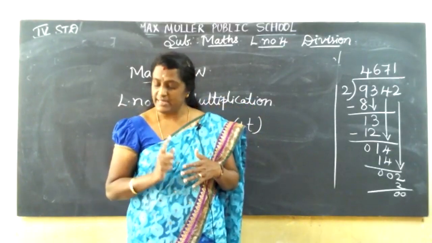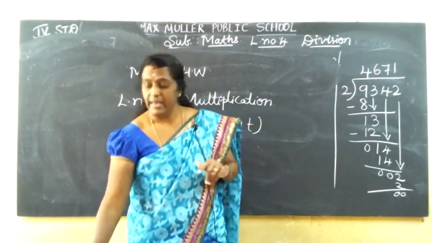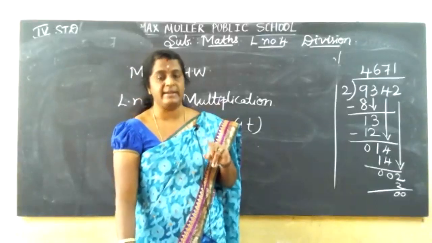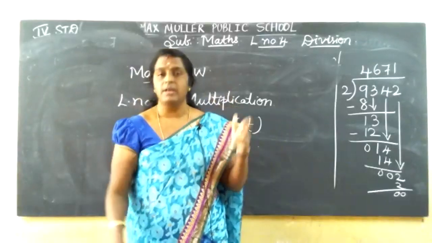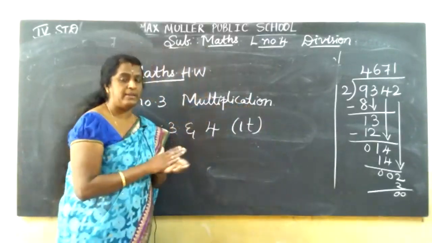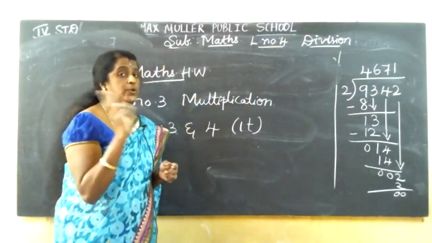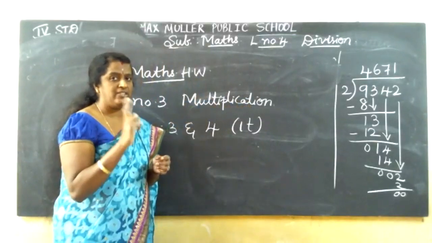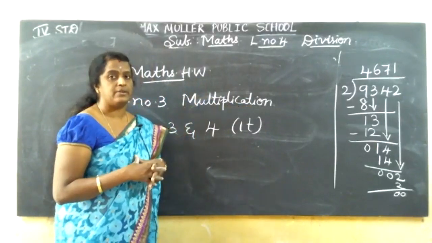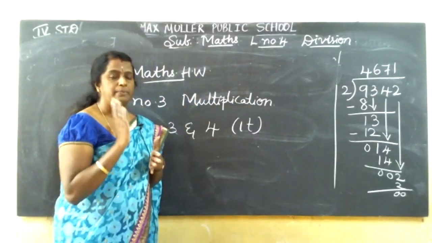Okay, children? Exercise 3 has one number only, so you can write the direct answer. Exercise 4 is also one number only, so you can write the direct answer, but I want the carry sums and all. Complete this homework and bring it for correction. I think multiplication and division came, so complete one chapter, not two pages.